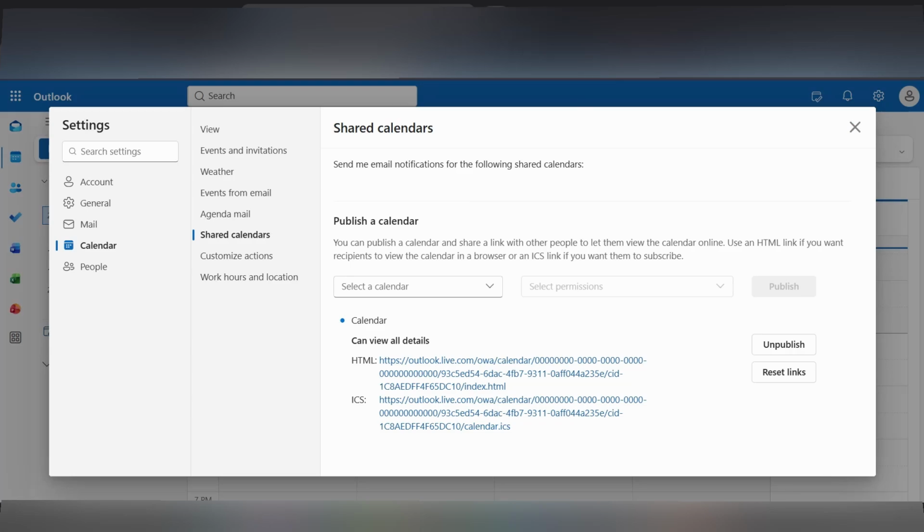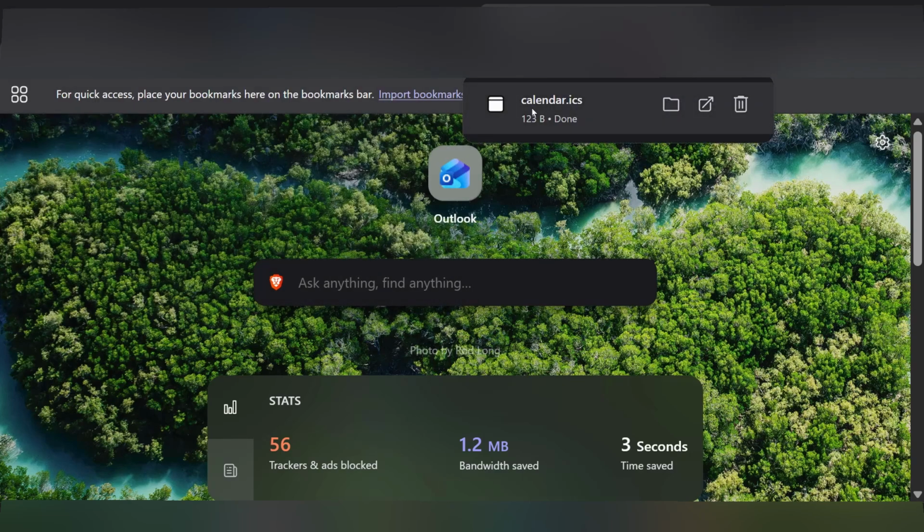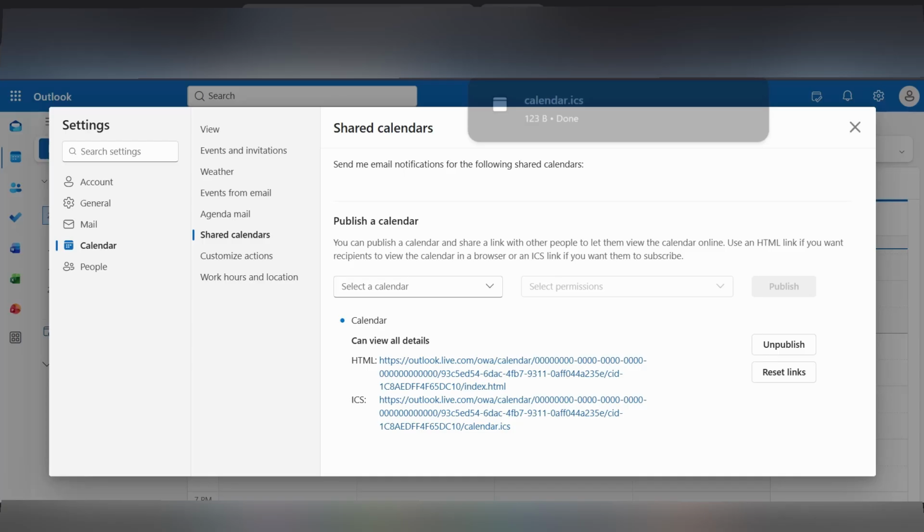Then you're going to open a new tab, then paste the link, and it's going to want to download the calendar.ics link. Make sure to take note of where it's downloading to. Usually it's going to be in your downloads, so you can go ahead and click and save, and now it's done. Now once that's done, you want to close this tab, and then you want to switch over to the